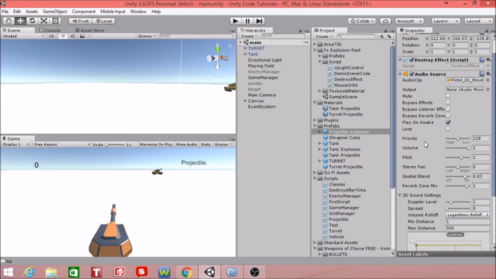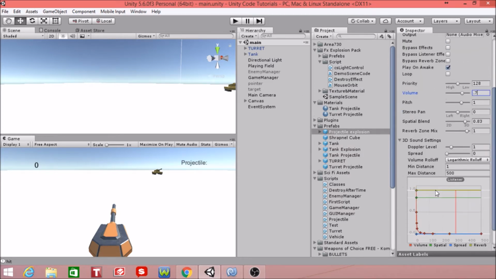So what we can do is mess with our settings here. The volume, why don't we just put this down to 0.7 for the projectile, and that will change that. It's the only thing we really need to change. You can mess with these other settings. Feel free to. This has to do with how far away you can hear the sound from,